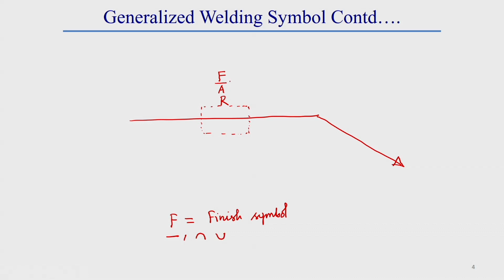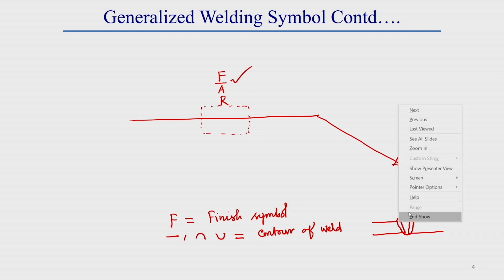This second part generally represents the contour of the weld. Contour of the weld. What does it mean? It means once we do the welding, we are doing some butt welding. In this butt welding, the contour of the weld can be sometimes, let's say the contour of the weld,